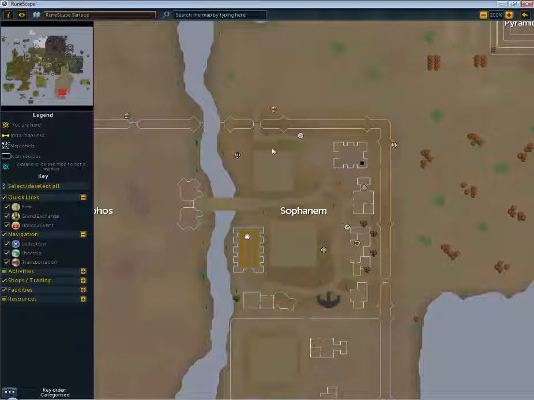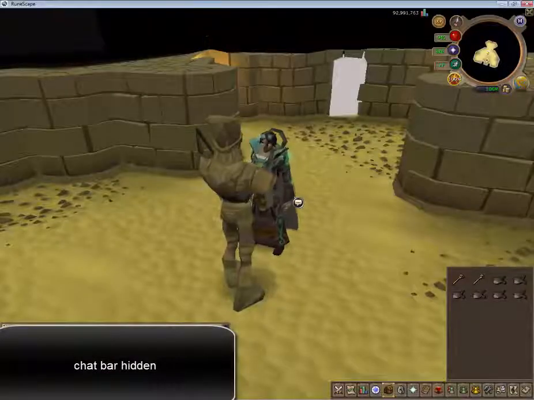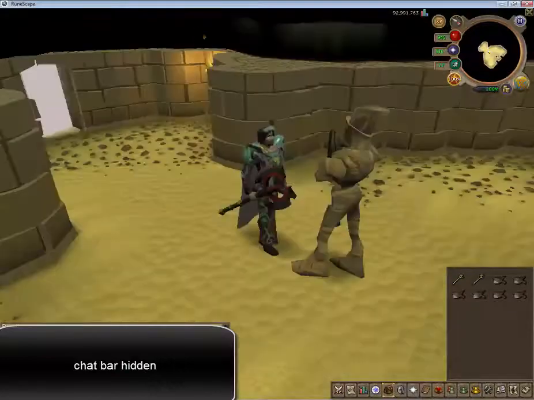Now, each of these there's a door on each side. I'm inside the pyramid right now, so I can't show you. But on my second run, I'll show you. There's a mummy in one of them in this chamber. You need to get to that to get to him. Once in this chamber,